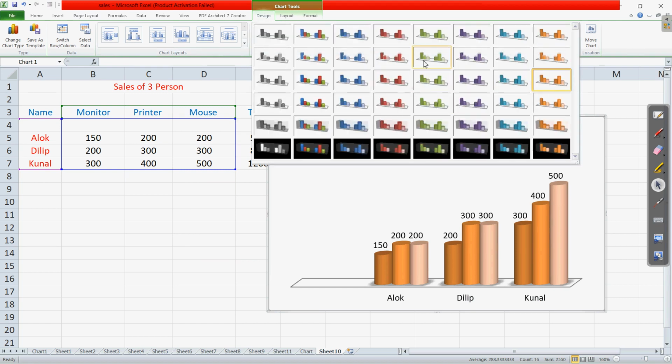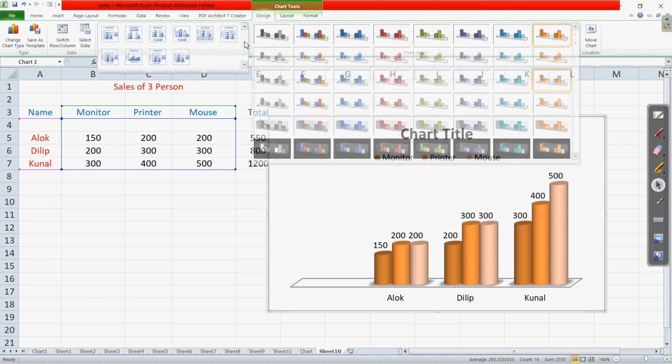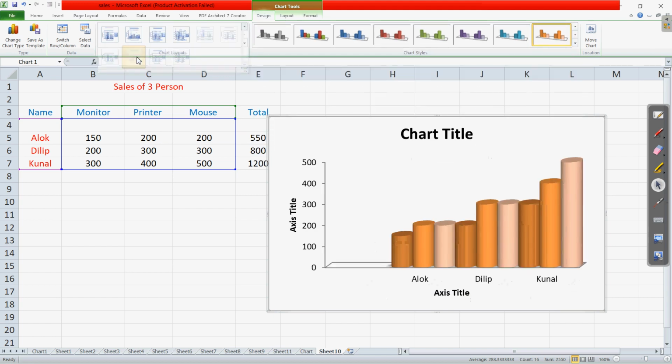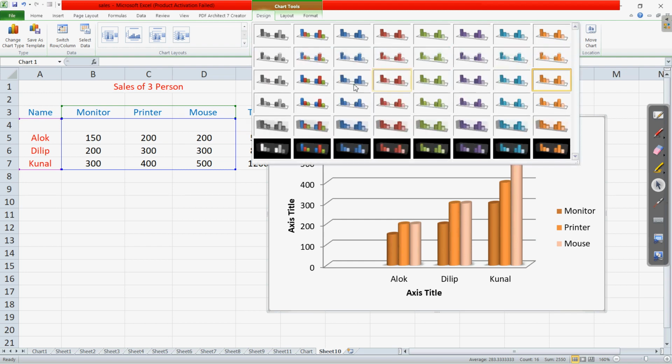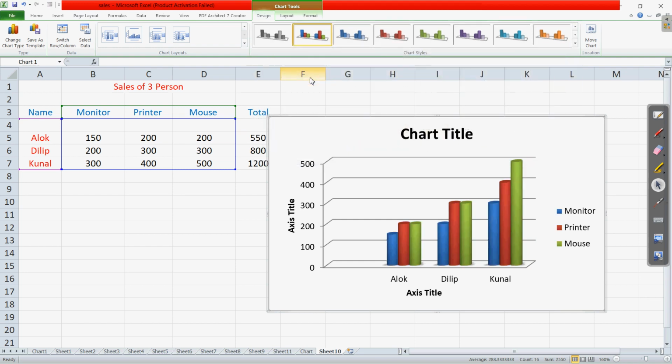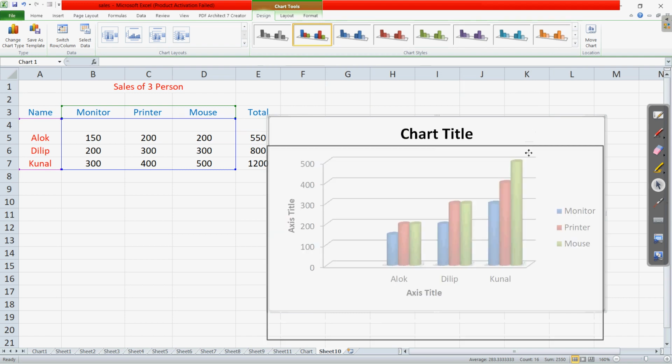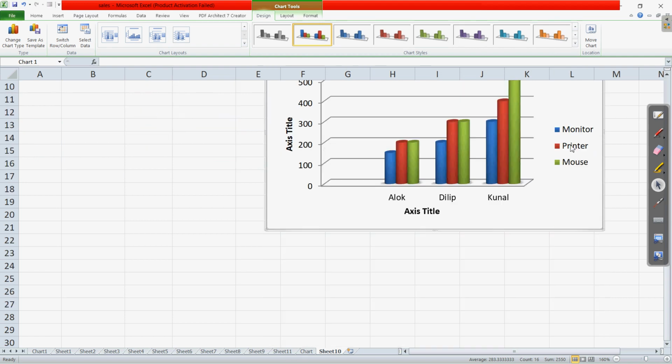If I change the chart style to any of the others, we have a different appearance. Okay, suppose let it be. Now if you want to change the chart style also, we can. Clear? Now let us try to add a chart title.